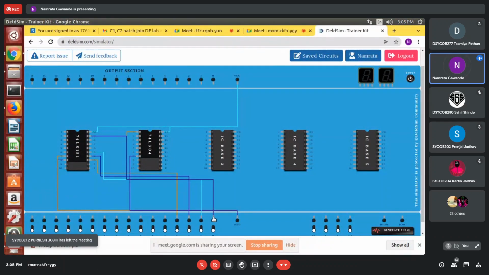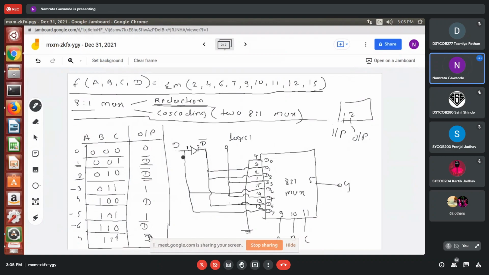So D is connected to 3 pins: pin number 1 of the NOT gate, pin number 15 of IC 74151, and pin number 12.